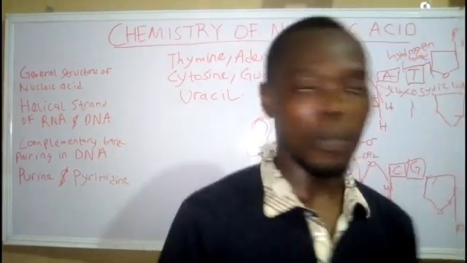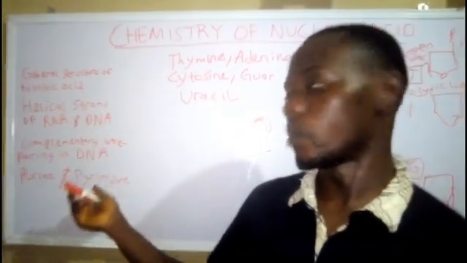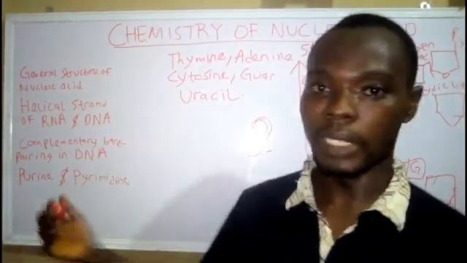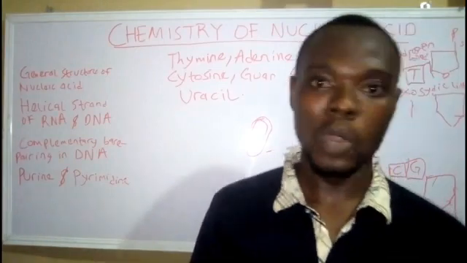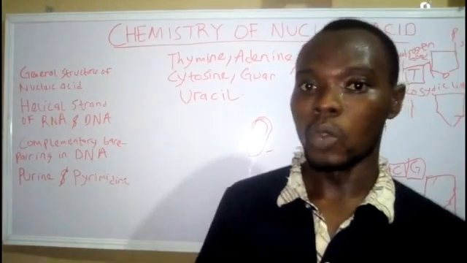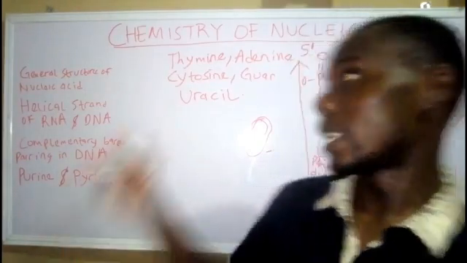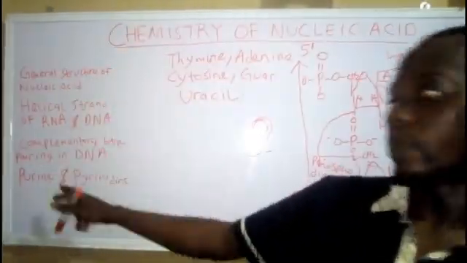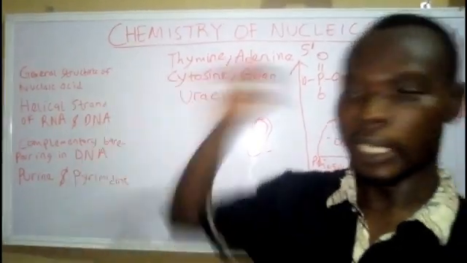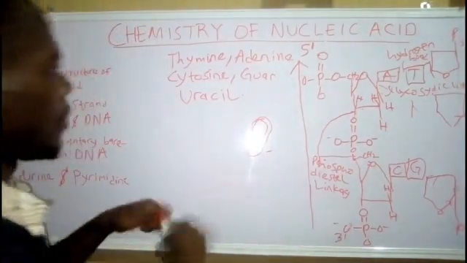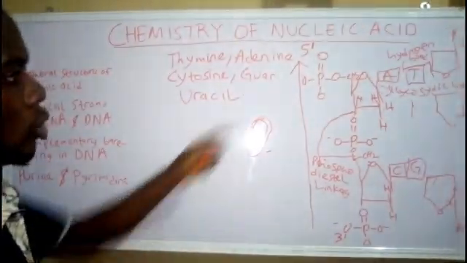In RNA, purine is made up of adenine and guanine, same way as in DNA. But don't forget, in RNA we don't have thymine. So as a result of that, it will be made up of uracil and cytosine. That's pyrimidine in RNA. So that's fine. And now, before I end this video, let me show you a simplified